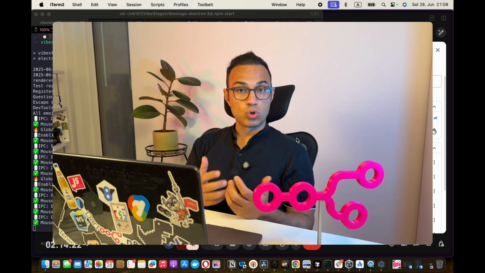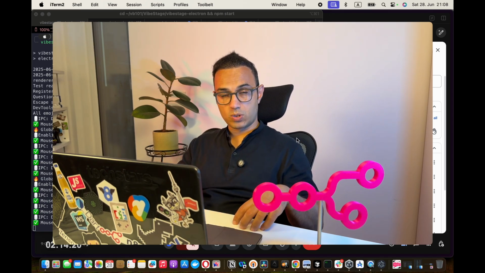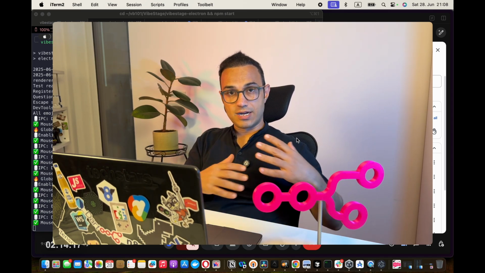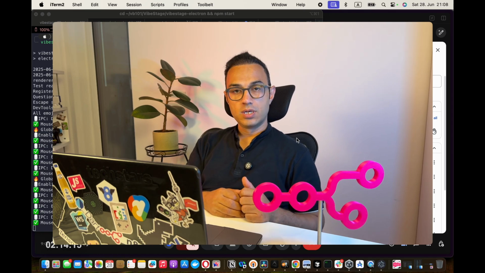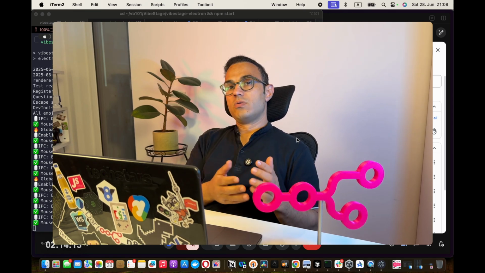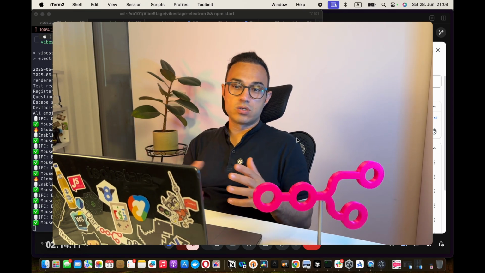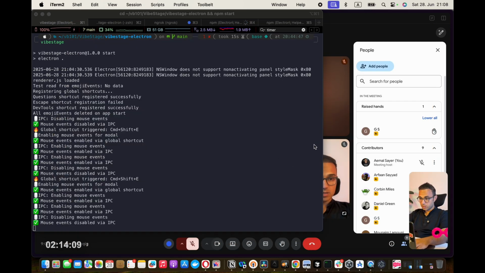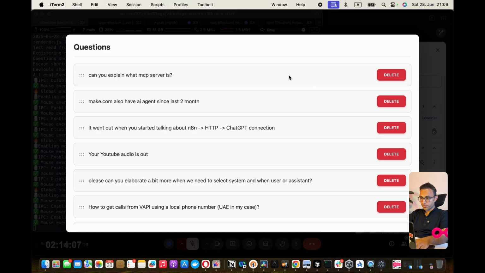So it's kind of like a protocol. It's Model Context Protocol. It's a way of communication, and it's usually used to communicate between two agents or other systems. So I hope that answers the question.